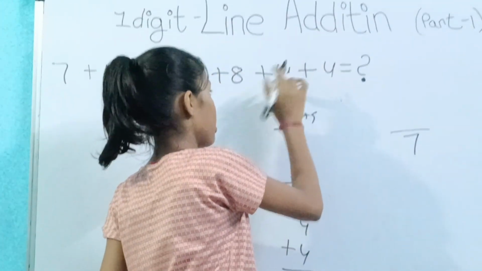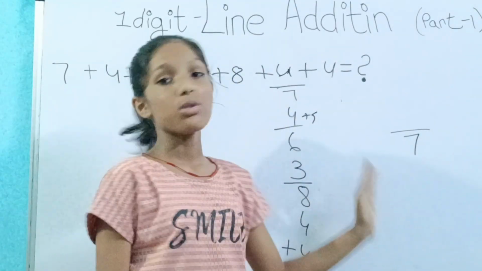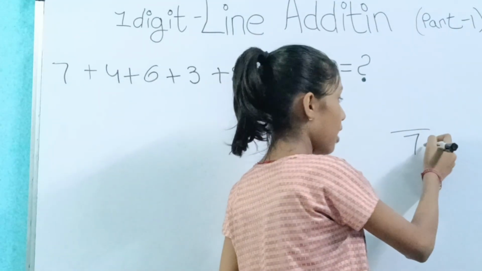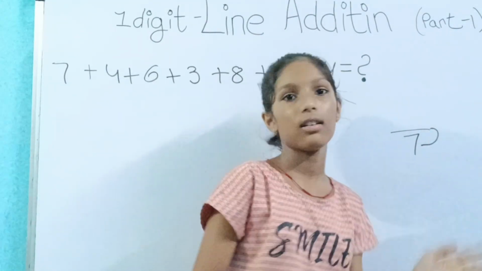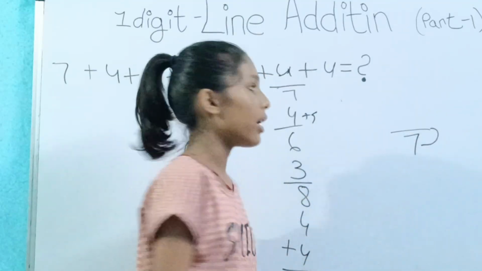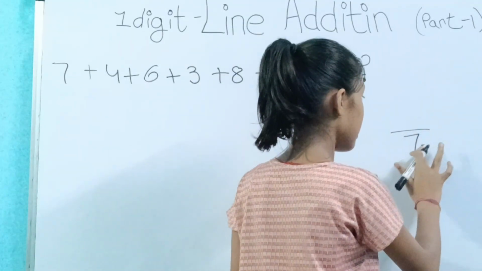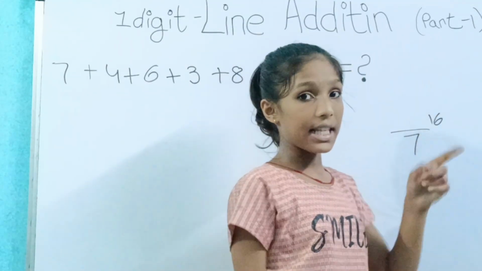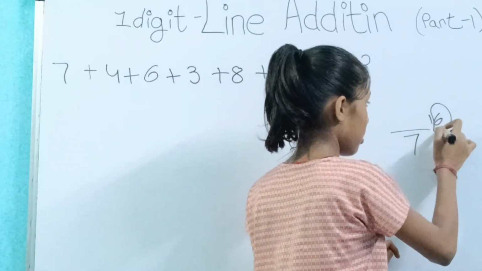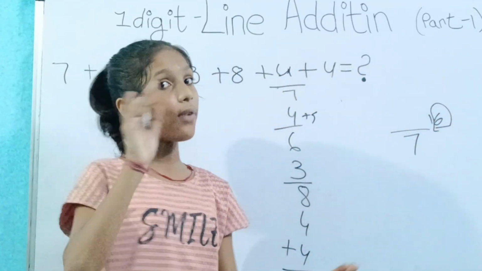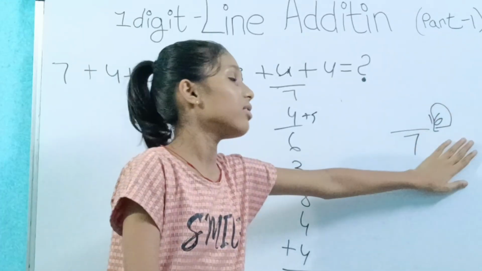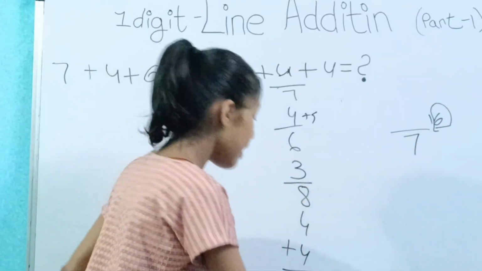Okay, so now this is the question and this is the solution. So no numbers ahead. So after adding this number we have added completely. Now here if we see what were we getting for this answer? 16, right? 16 we were getting. So here 6. The number which is in the ones place, same rule. Drop the 10 here and we are getting 6 in the ones place. So we write 6 again here.